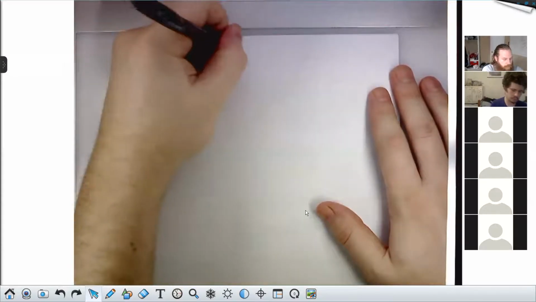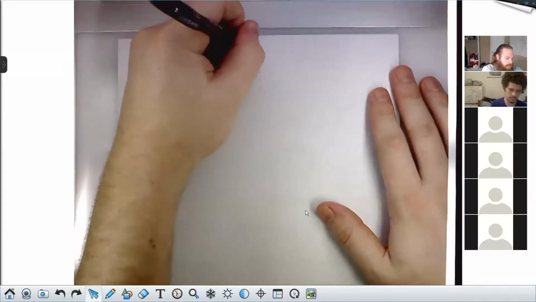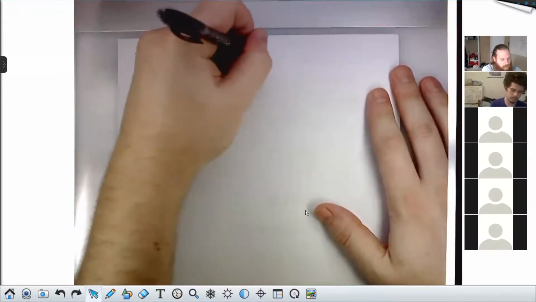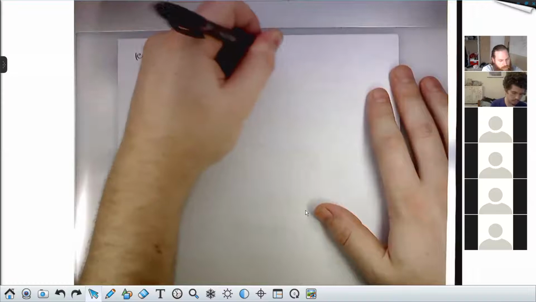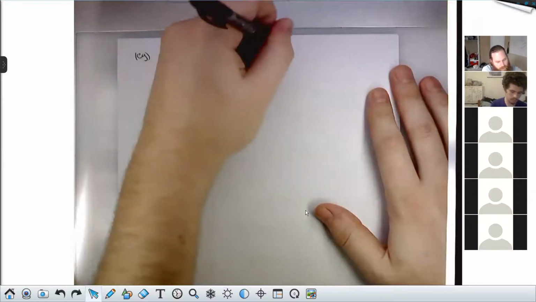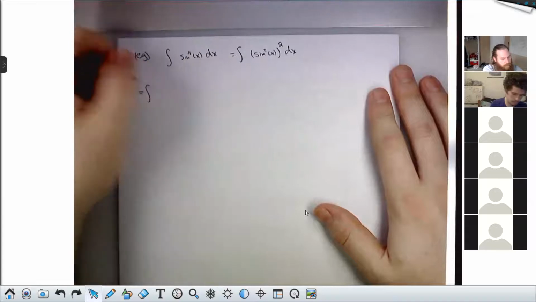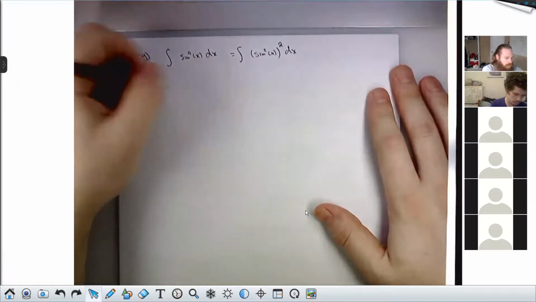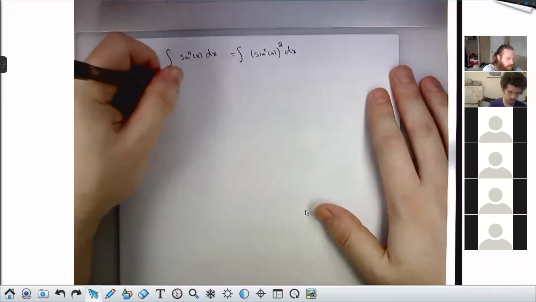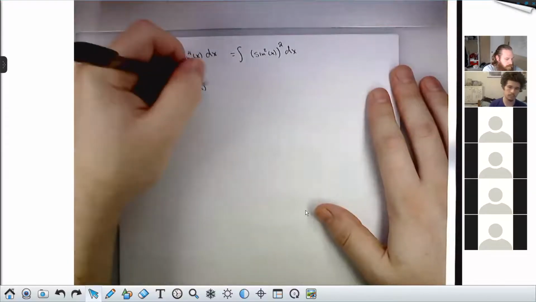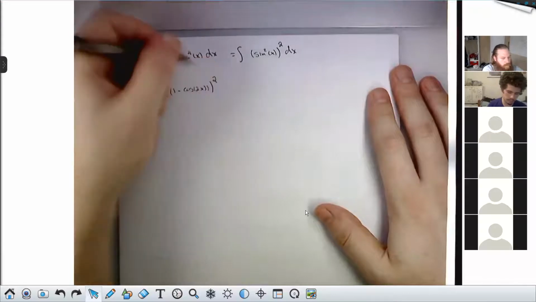Then my starting move here would be to say, okay, you can write it as sine squared x times sine squared x, or you can write it as sine squared x squared, same thing. And then I would use my half angle. So that's 1/2 times 1 minus cosine of 2x all squared,